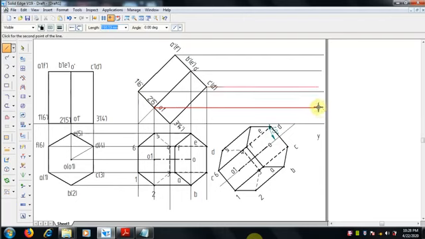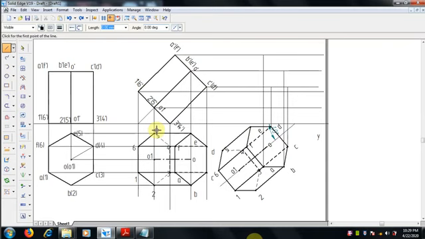Select the end points at 3 4 already extended, so no problem. Here the bottom base and the top base, so two bases are there. We can connect ABCD, that is B with B, A with A dash, wherever it get intersects, move it, draw the projector lines. This is the top